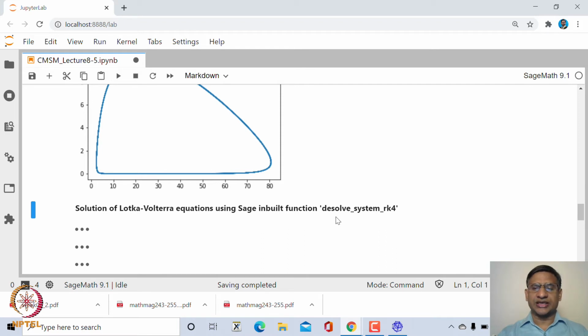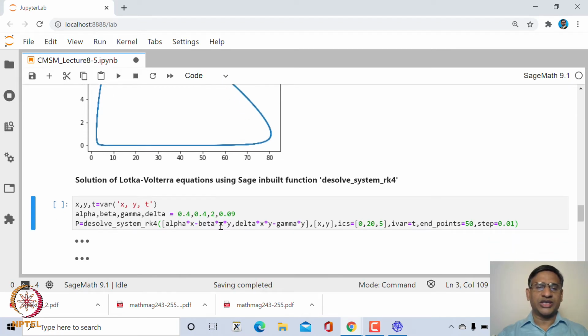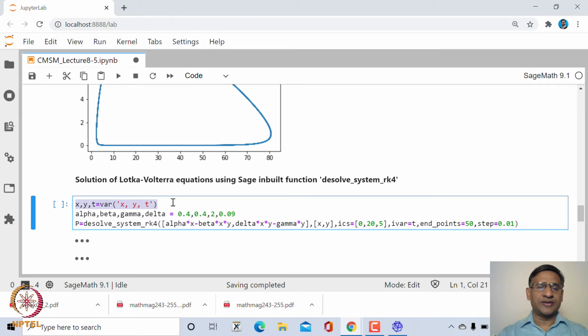So, as I mentioned earlier, Mathematica also has an inbuilt function for solving this system of first order differential equations using the RK4 method. So, let us use that. We will define x, y, t as variables. Instead of calling x1 x2, we are now calling them x y t, and alpha beta gamma delta are taken as 0.4, 0.42 and 0.09, and then let us call this p DE solve underscore system RK4, and